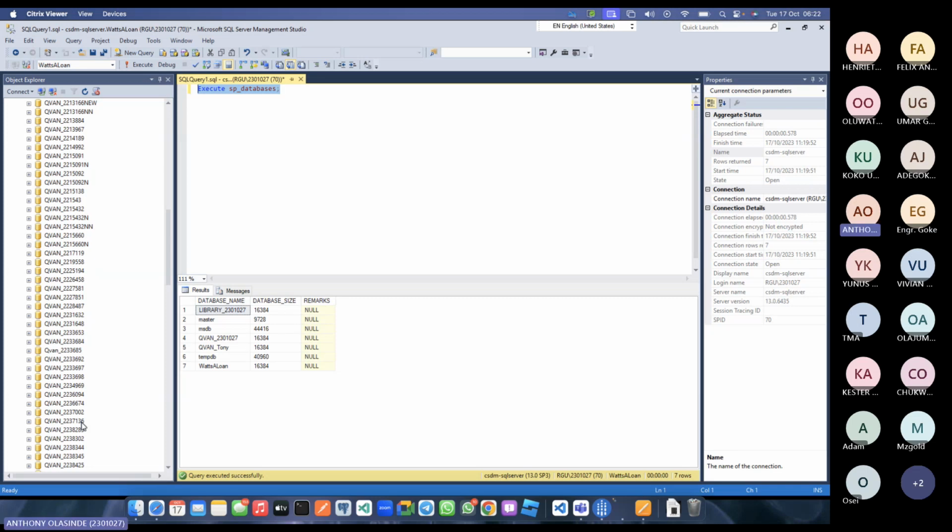Is holding a lot of tables. Say a practical example, right? You can say RGU as a database, or School of Computing as a database, and inside that database, they have several tables. They have the student table, they have the building table, they have the lecturers table, they have the